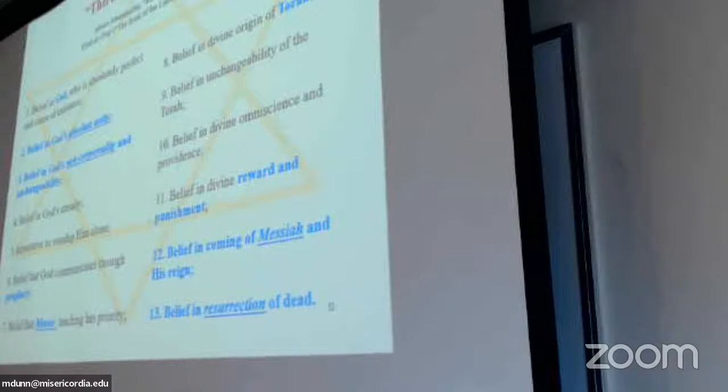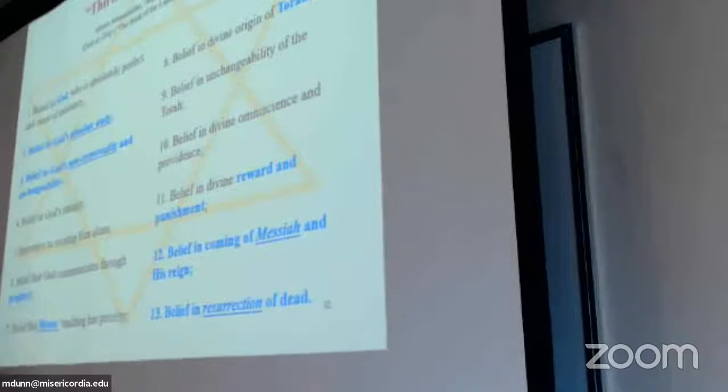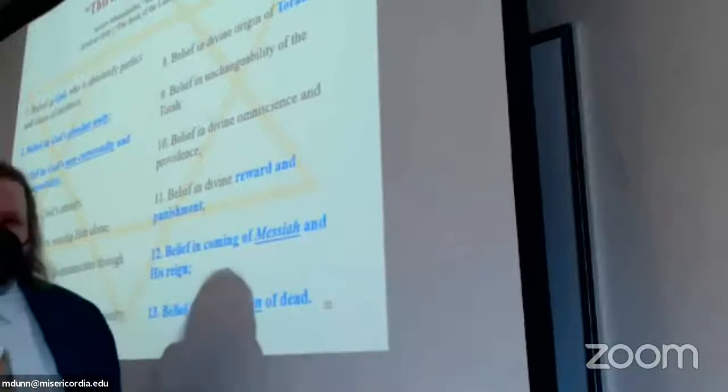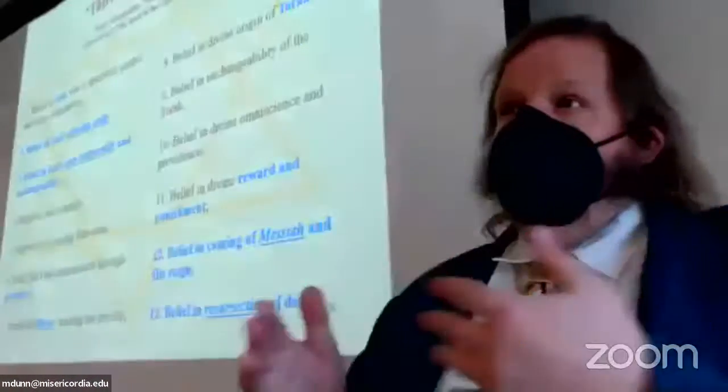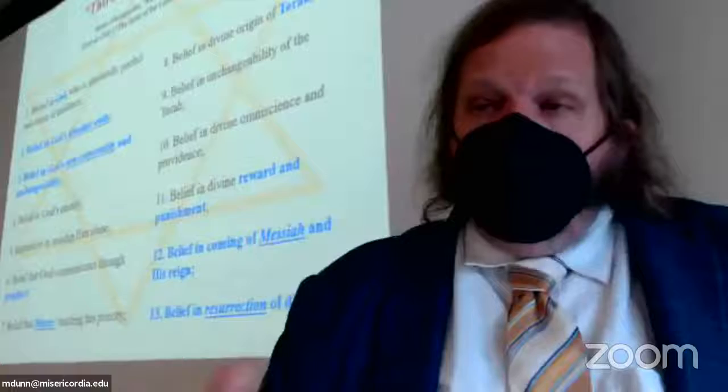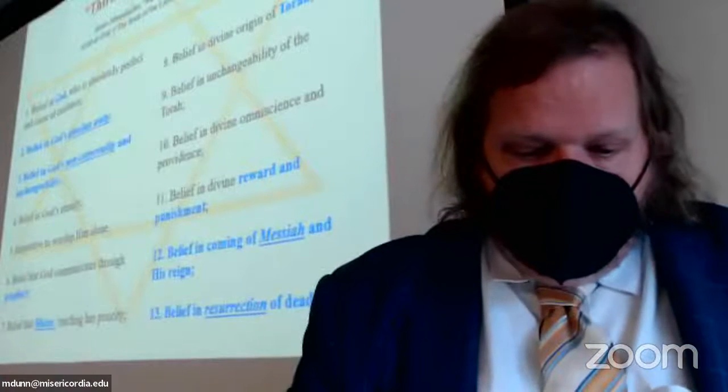Okay, so a heretic. So it wasn't saying, like, if you don't believe in the Messiah or something, then, oh, you're not a Jew anymore, you're out of the community. No, you're still a Jew, but you're a wrong-believing Jew. So he was using these principles not really as a definition of this is Judaism and this is all that it is, but more in the sense of trying to understand how I can identify someone as a believer and someone who's not really a believer in Judaism. Both of them, of course, being Jews.